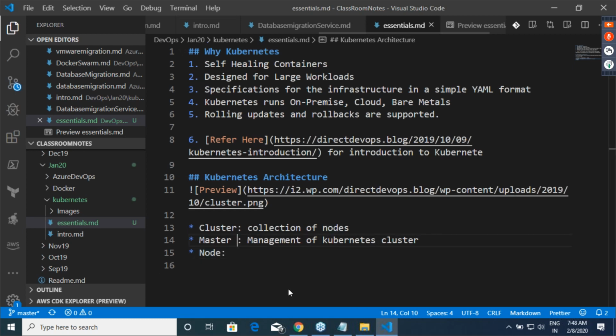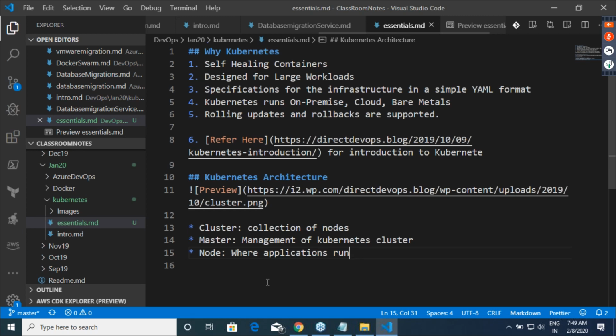Let me write it as master and node, they look better that way. The node is actually where the work happens. The node is where applications run. So we need a manager or master for the nodes to be effective.